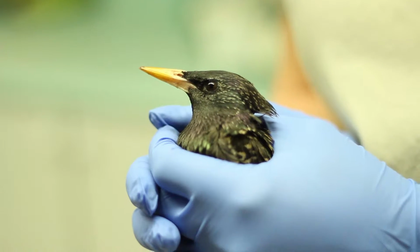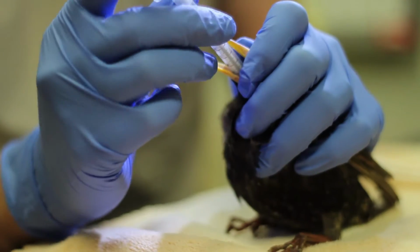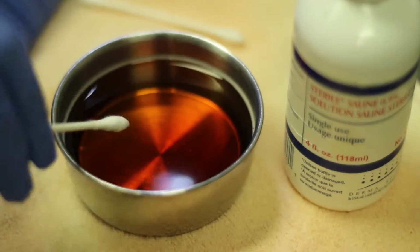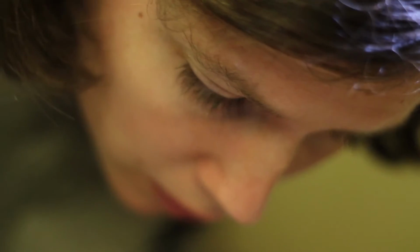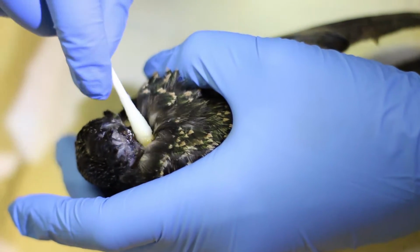Our most recent resident to the Wild Bird Care Center is a starling we received 5 days ago. He's an adult. It looks like he was attacked by an animal. His injuries consisted of a loss of tail and a large laceration on his left femur, but his most severe injury was that the entire back of his skull was lacerated really badly, so he actually needed stitches to close up